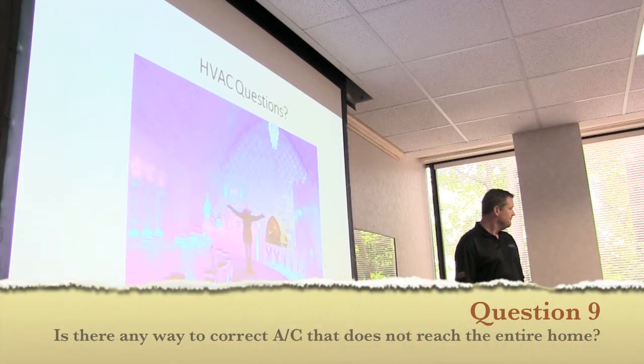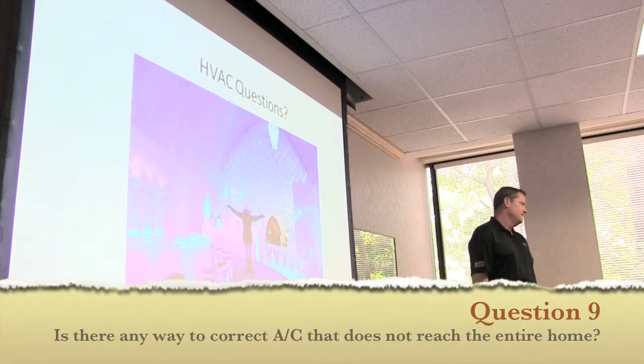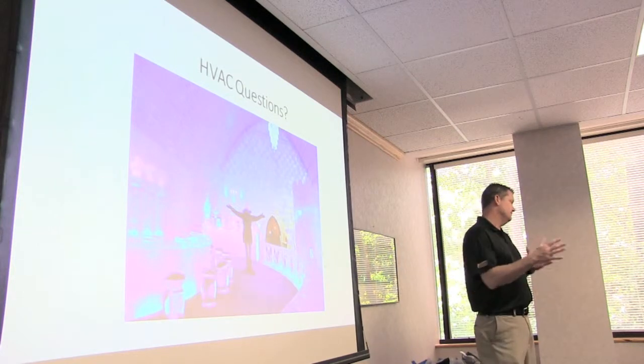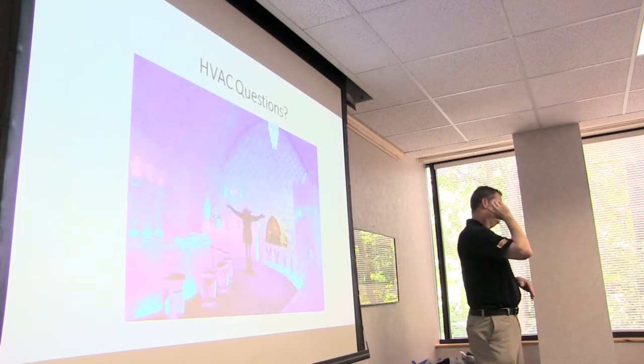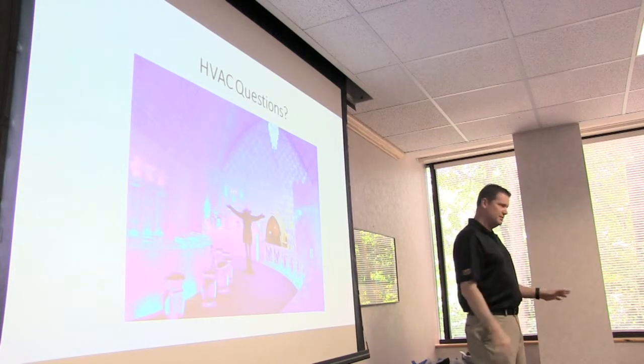If you have like a townhouse, and I think they may not have put in a big enough air conditioner or something because the upper level, it's floor level and it's hot, is there any way to correct that? They should have a damper system where you can control how much gets sent to the third floor, the main floor, and to the basement. Still kind of weak, it seems. Absolutely, and